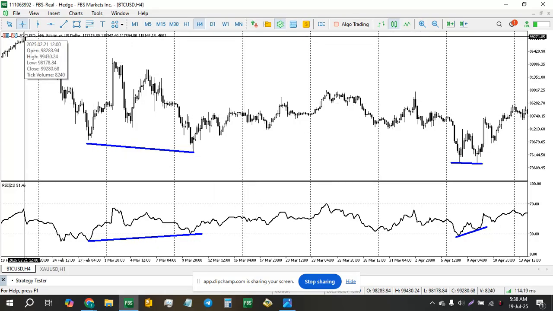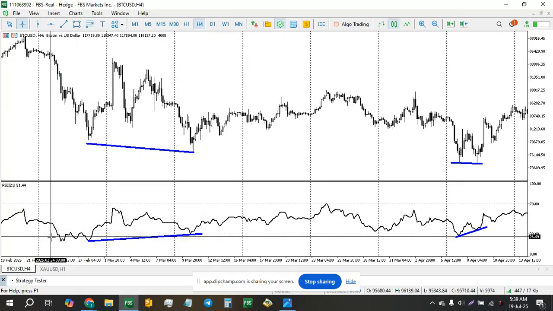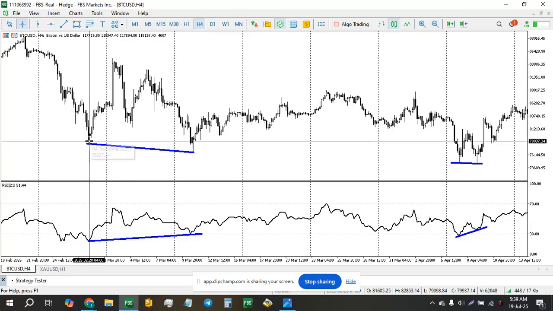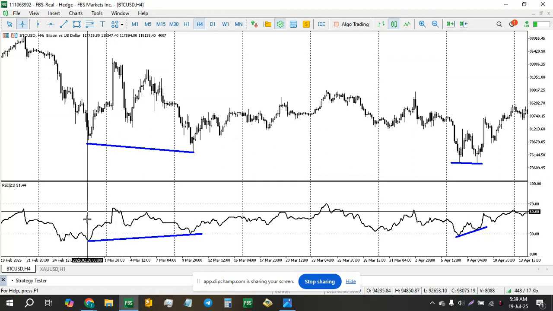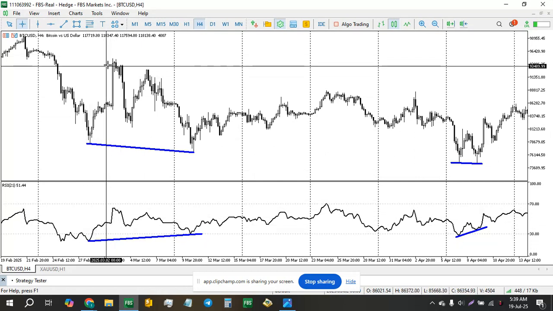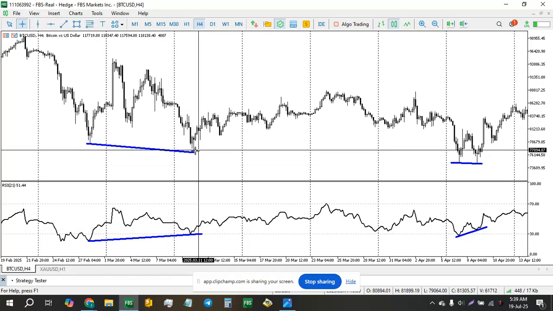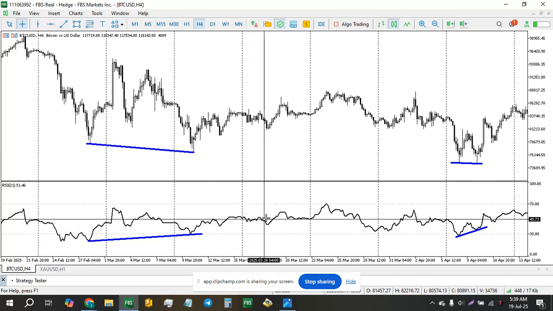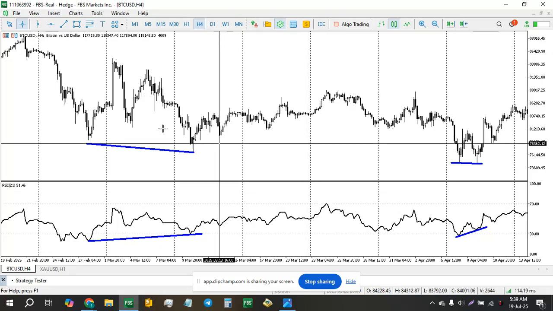You can see here price is traveling downwards and the oscillator also travels downward, and when price goes up, the oscillator also does the same. And for this swing down, the oscillator also swings down. And here where price swings up, the oscillator also swings up. But the difference is while the oscillator mirrors the trajectory of price, the destination where the swing points are